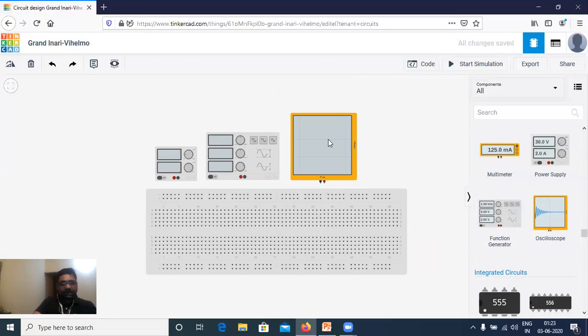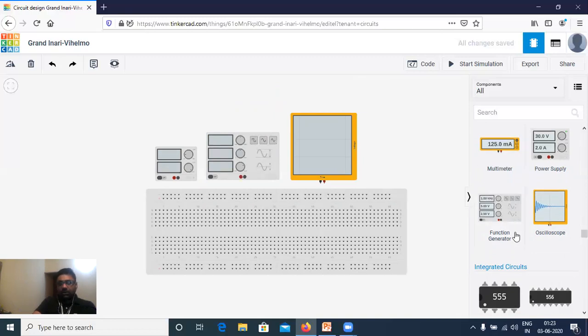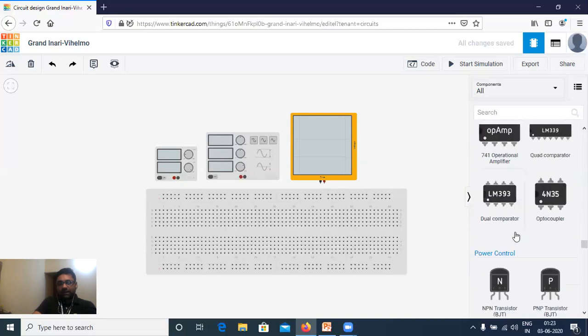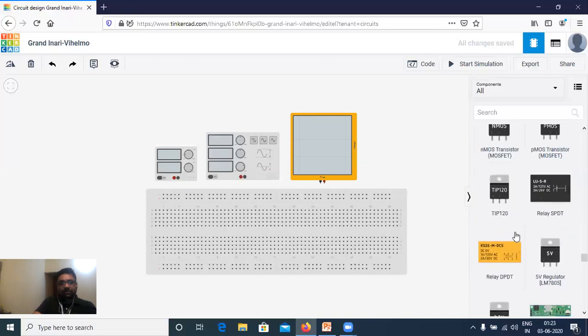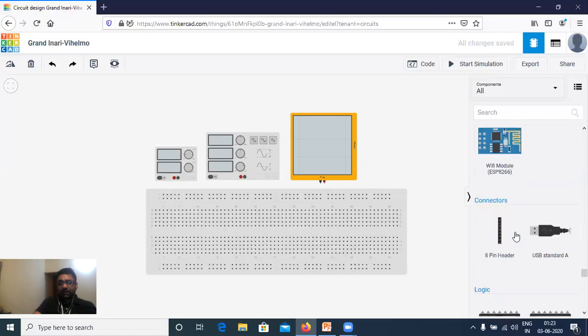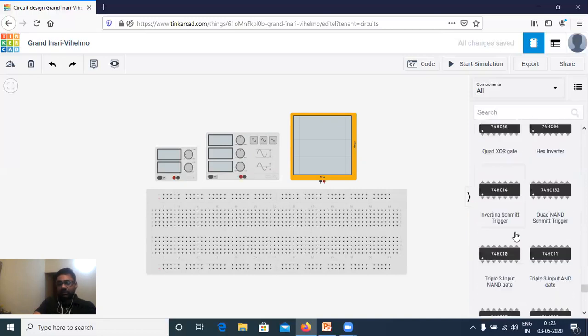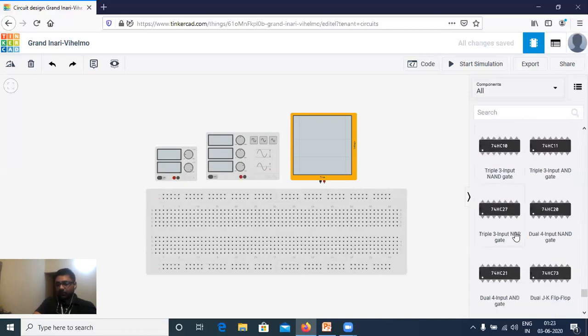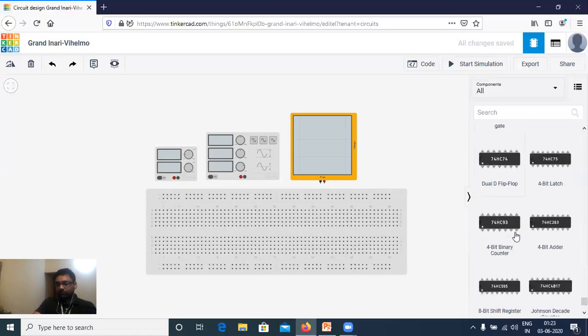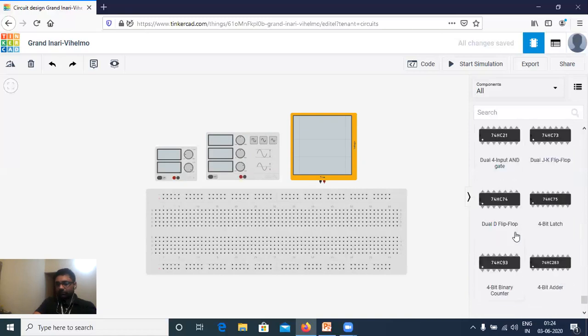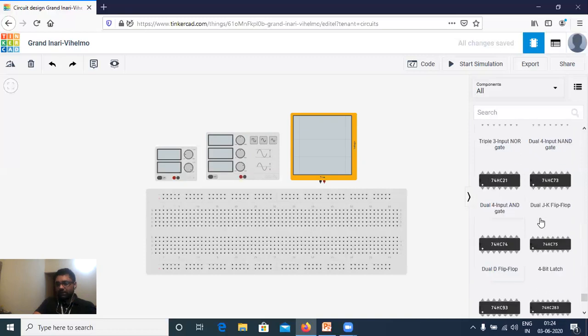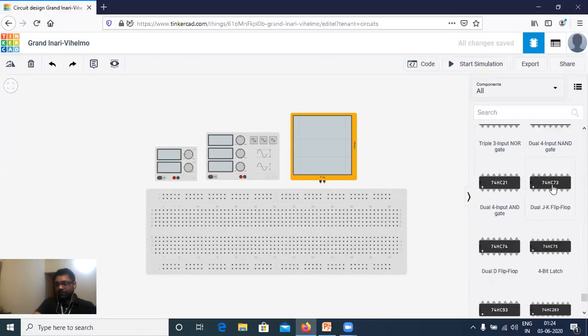Let me first build the circuit. For the JK flip-flop, I told you about the IC 7473. So let me navigate to logic and the 7473 IC. As you can see here, dual JK flip-flop 7473. So how many ICs do I require? Let me go back to the circuit.